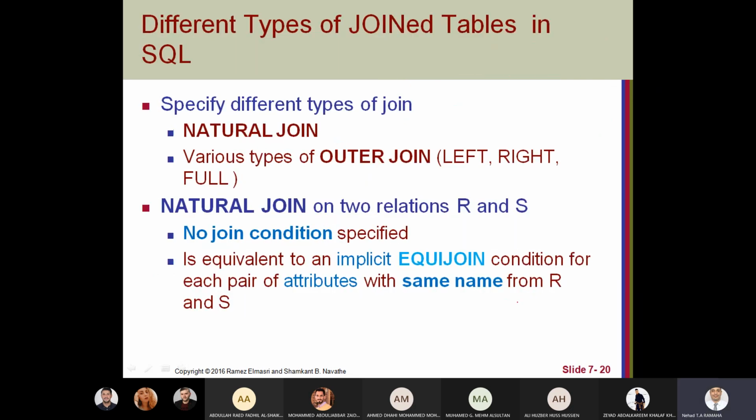Okay, we have more types of joins like natural join. What's the difference between inner join and natural join? In the natural join, we don't have a joining condition explicitly, but there is an implicit equal join when we have attributes with the same name.